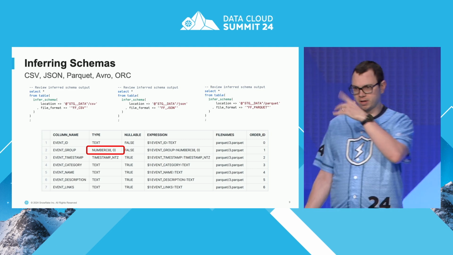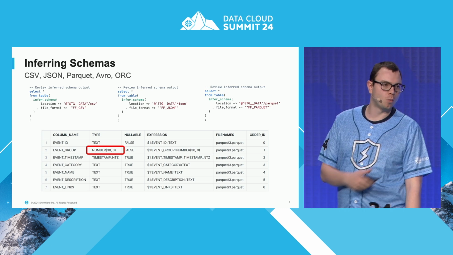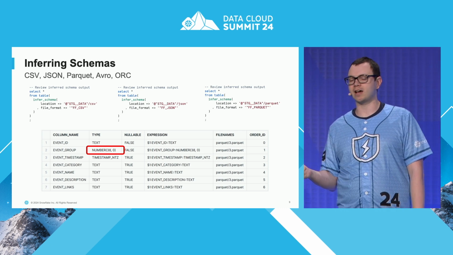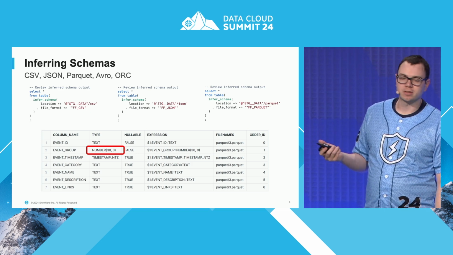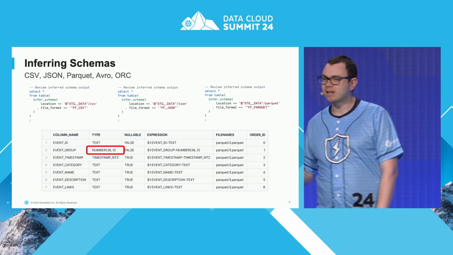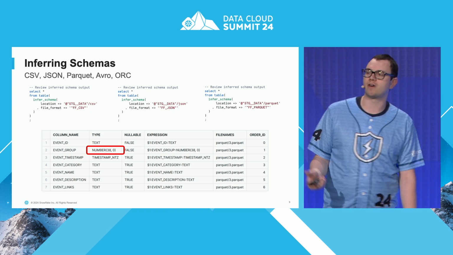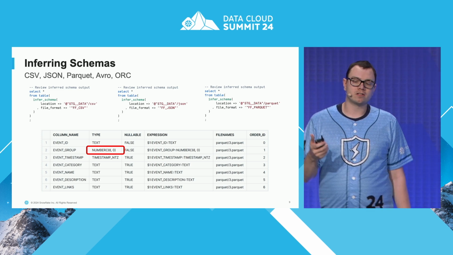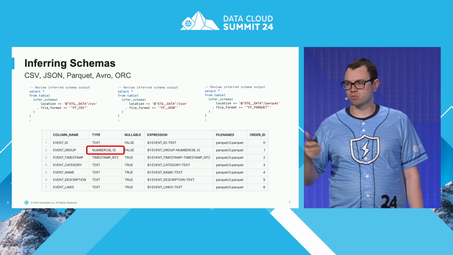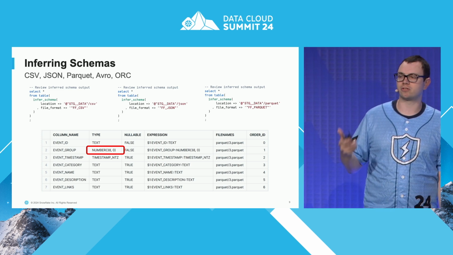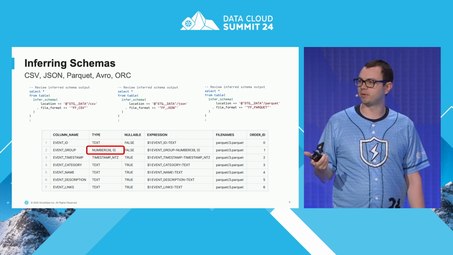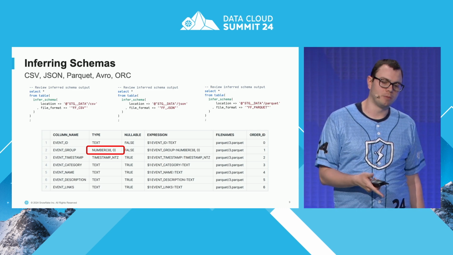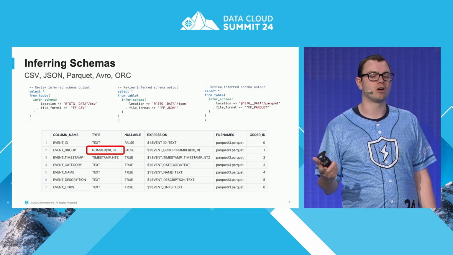You can see at the top here, the SQL is exactly the same. It doesn't matter which file format you're using. It's the exact same process. Snowflake have introduced this functionality for inferring a schema, and that will understand the metadata for a file instead of the file itself. For things like Parquet, where the data types are already inside the file, this is great. Snowflake can understand it directly. And you can see at the table in the bottom here, the output, we have things like the column name, the type, the order, etc.